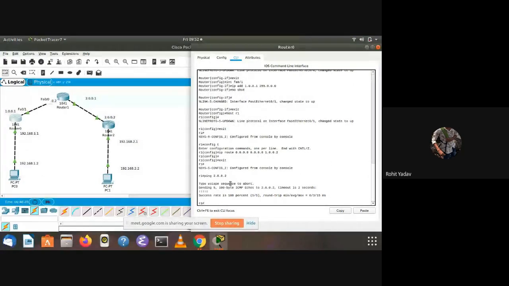You can see. Now what are we going to do? We will create one tunnel. What does a tunnel do? A tunnel creates a pathway for sending packets from this router to this router. It acts like there is no router in between.